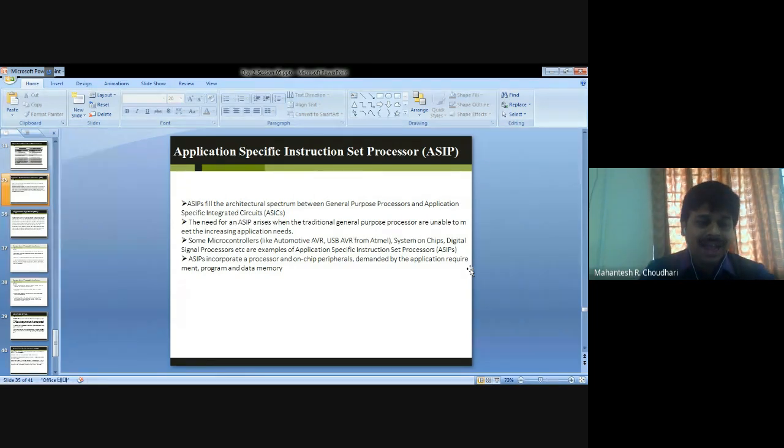Then we incorporate a processor on a chip with peripherals demanded by the application requirement, and program and data memory. A few more concepts about ASICs: they are nothing but microchips designed to perform a specific or unique application.